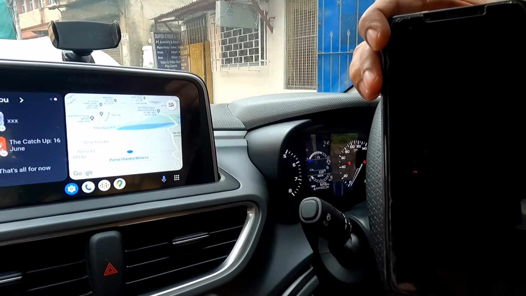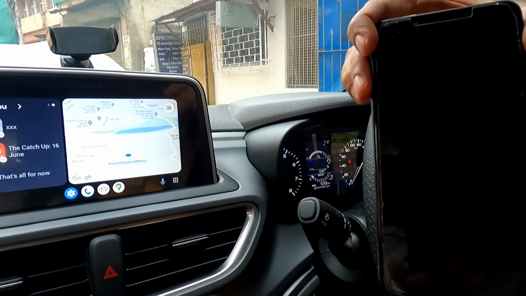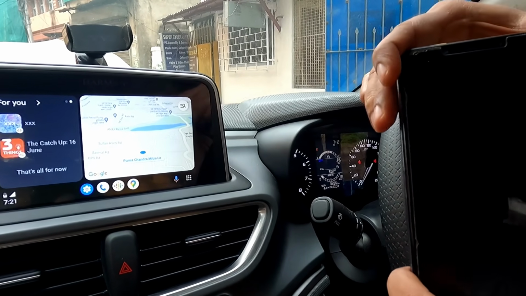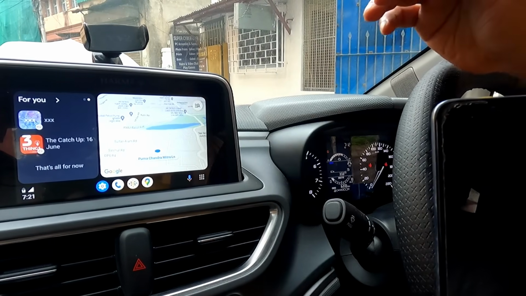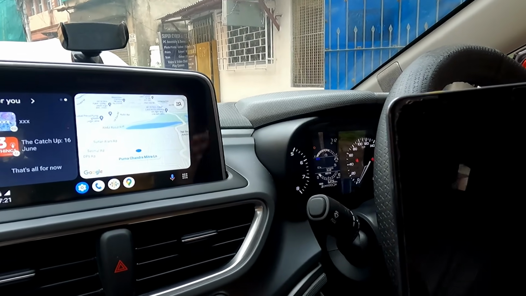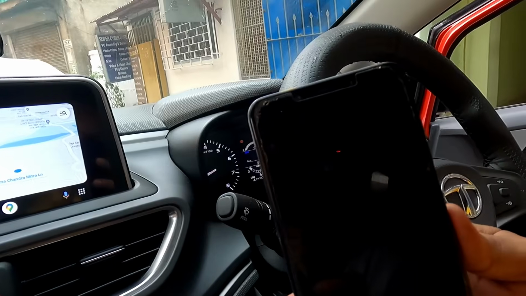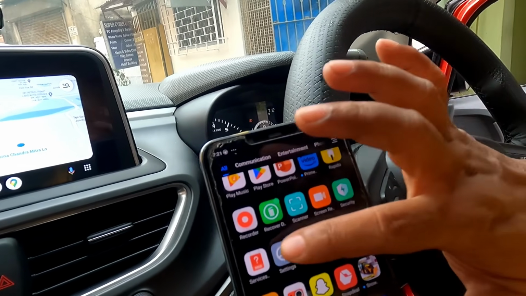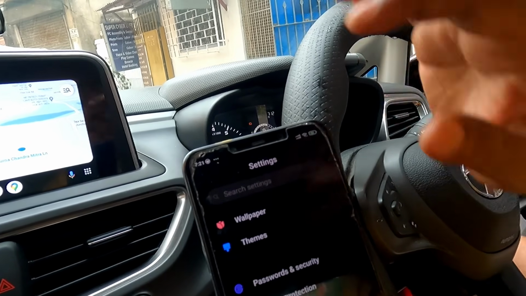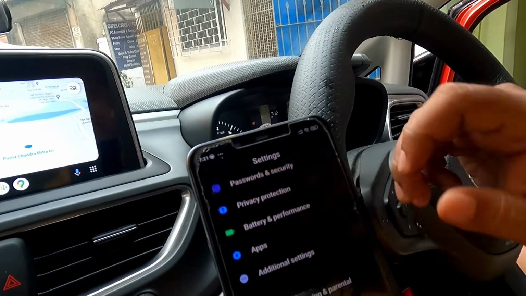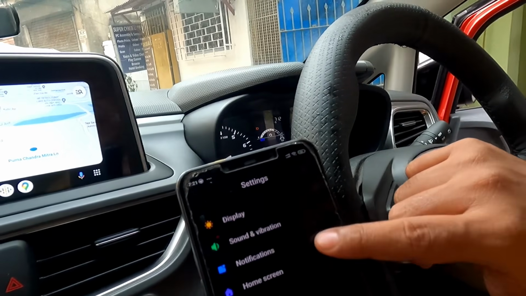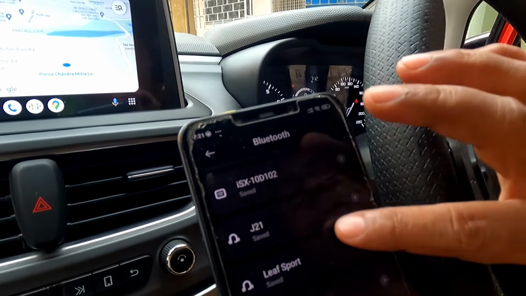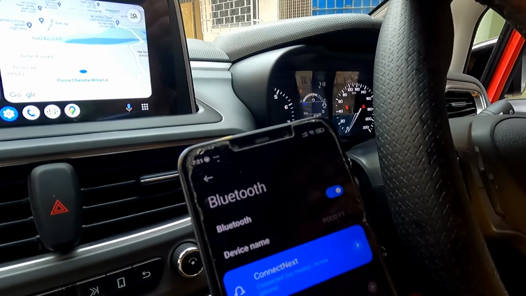I prefer a wired connection as the bandwidth is much more than the wireless one, and in some of the cases even after connection you will see there is a problem. In that case I will tell you, which is very important, sometimes the Bluetooth profile of Android Auto gets corrupted. In that case you need to disable your Bluetooth connection.